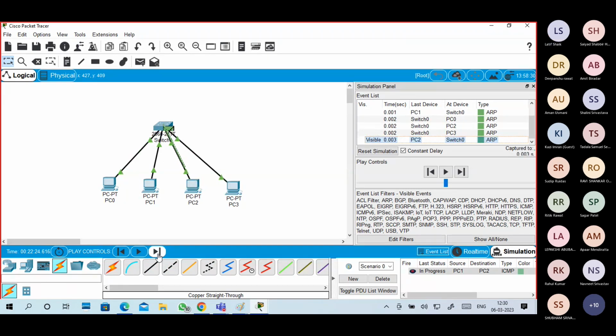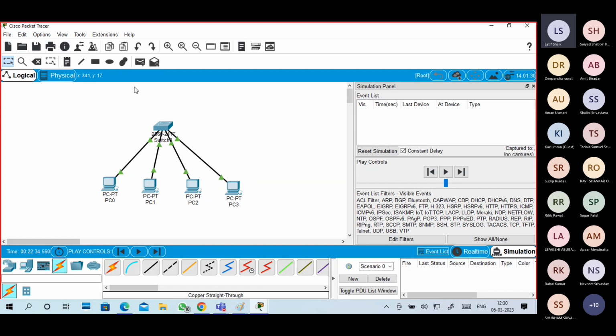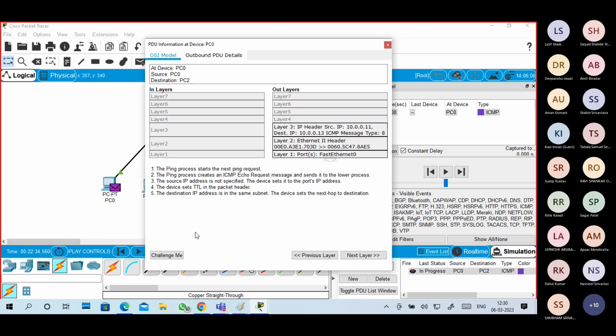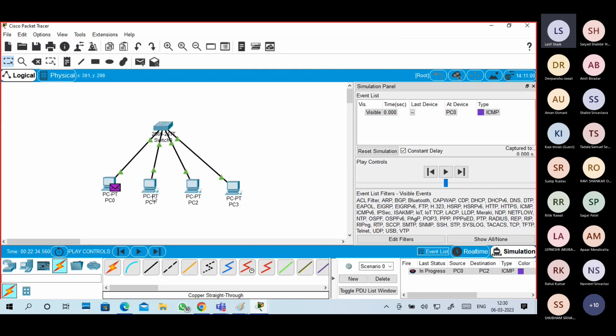Broadcast, unicast, communication done. So again I'm sending from here to here. Now we know both source address, destination address, source MAC address, and destination MAC address. Packet sent.